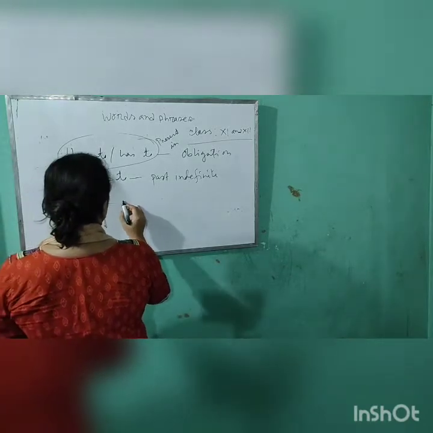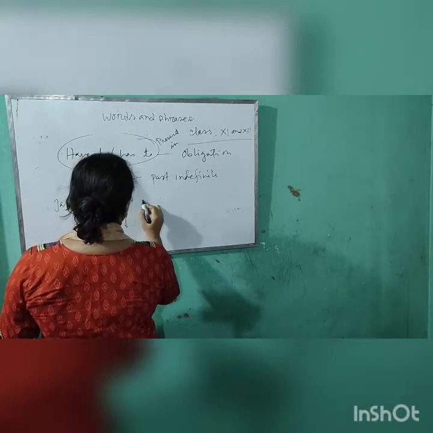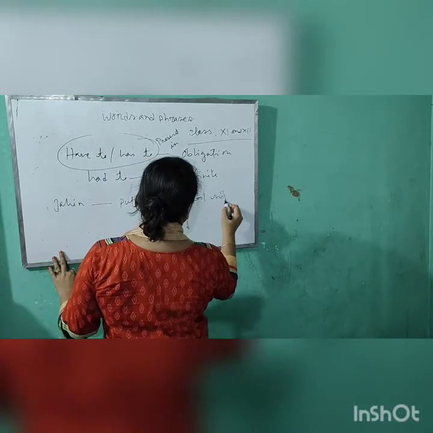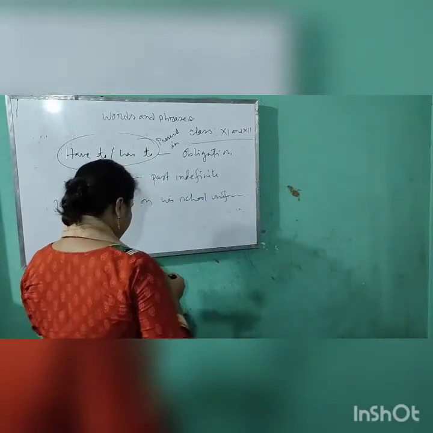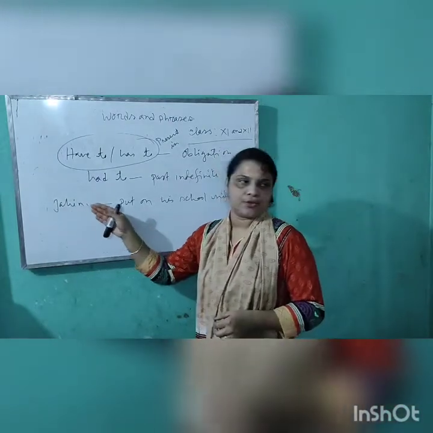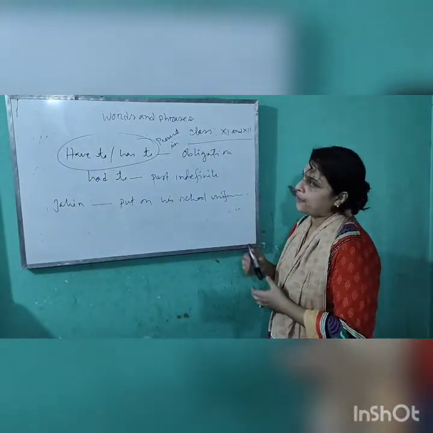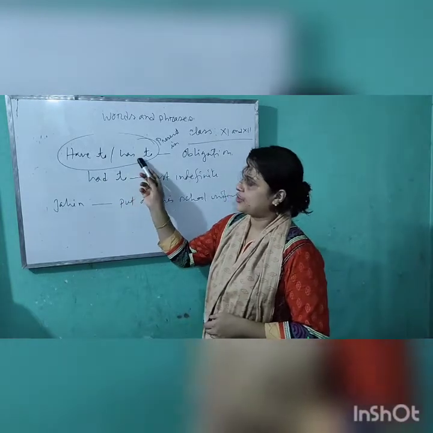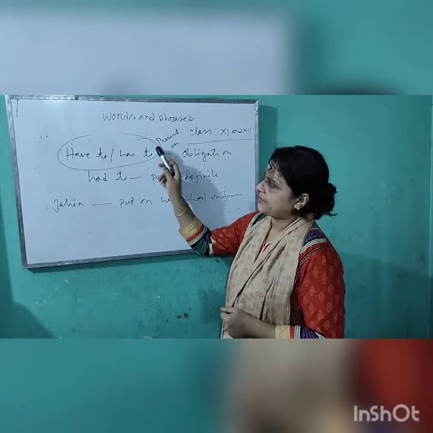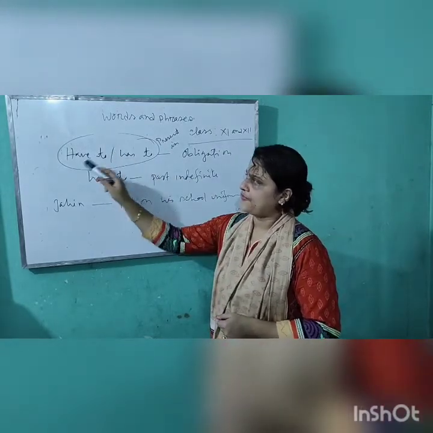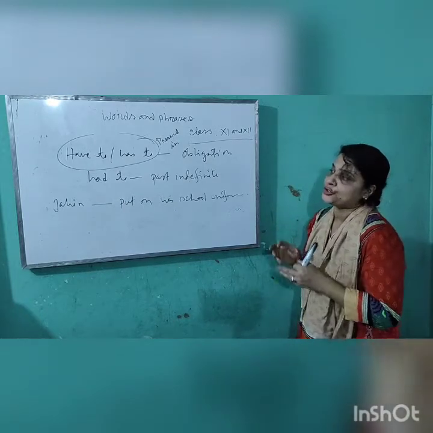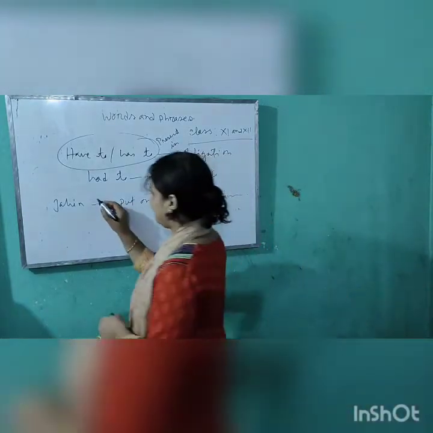Jahin put on his school uniform. So you say, as he is a student, he has to put on his uniform. Okay, so you have to use has to, as Jahin is third person singular number, and has to is basically used for third person singular number, and with other persons you have to use have to, and had to is basically used in past indefinite tense to show obligation, like